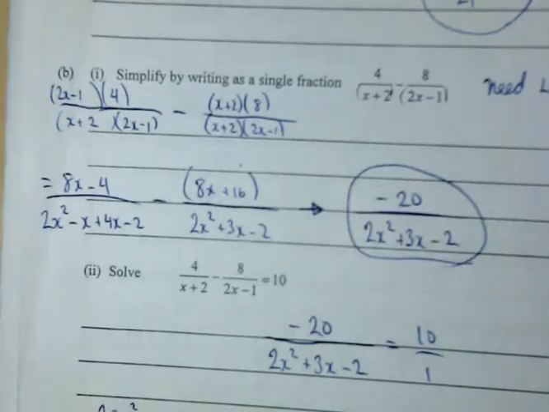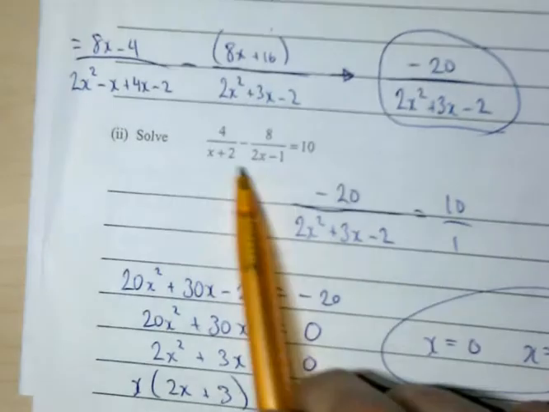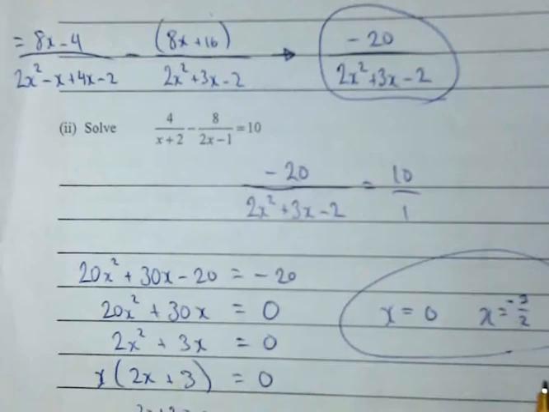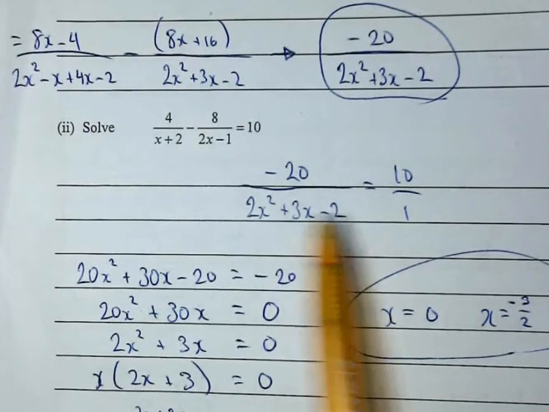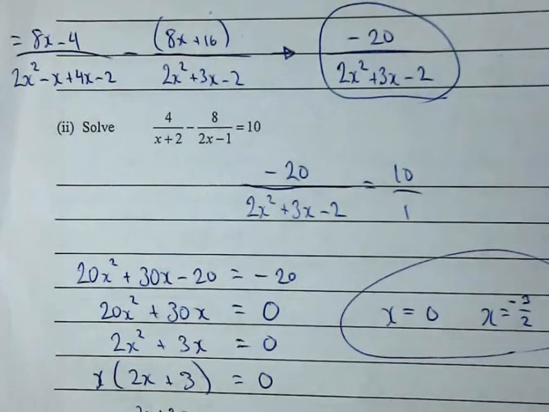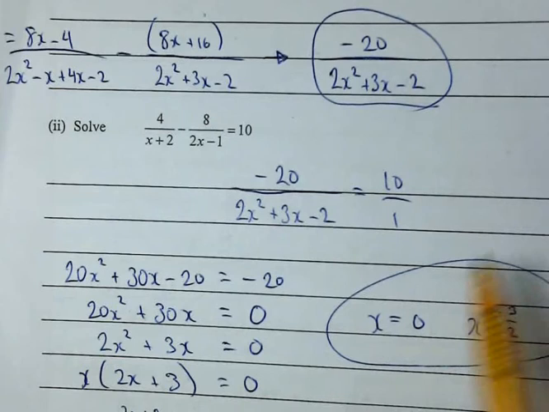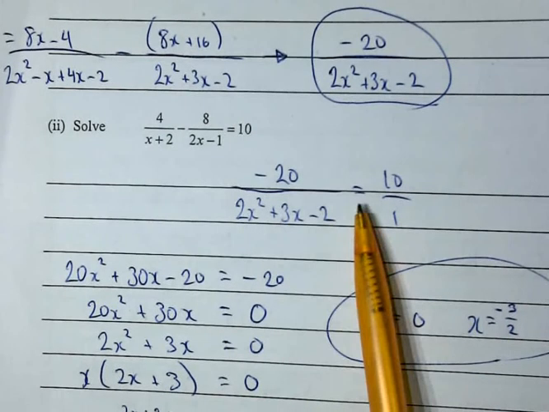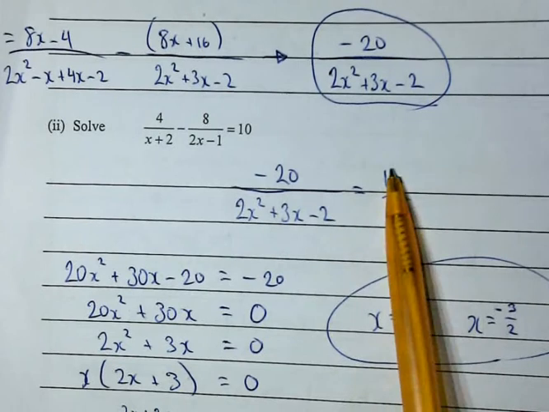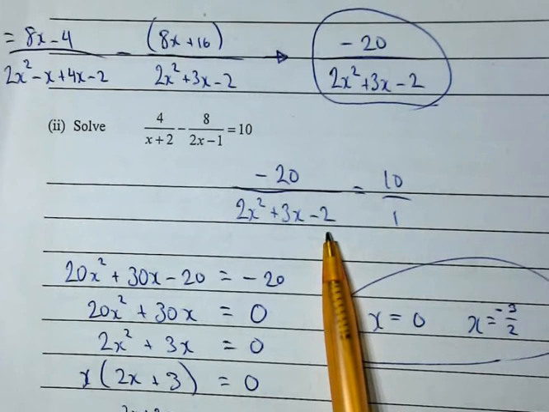Okay. Part 2, we are taking the answer from B and moving forward using it to solve. If you didn't get part B1 right, you're going to be kind of stuffed for part B2. But if you did, now you would cross multiply. Since I've got a fraction equal to another fraction, I cross multiply 10 times 2x squared plus 3x minus 2,